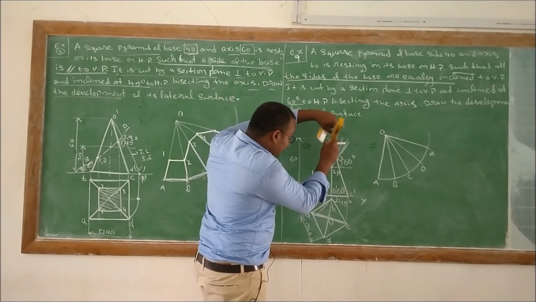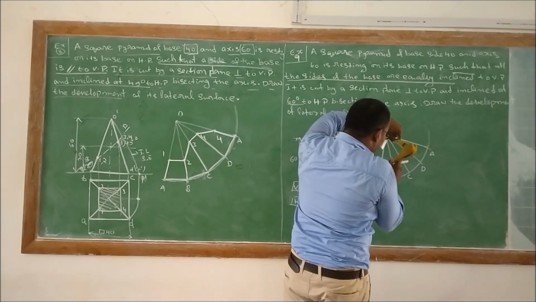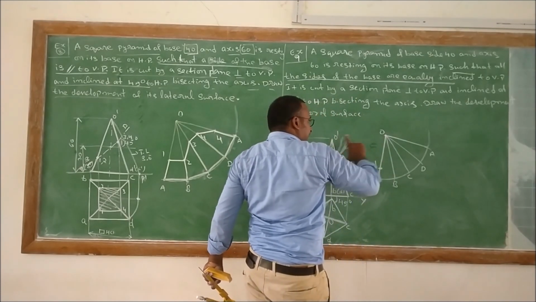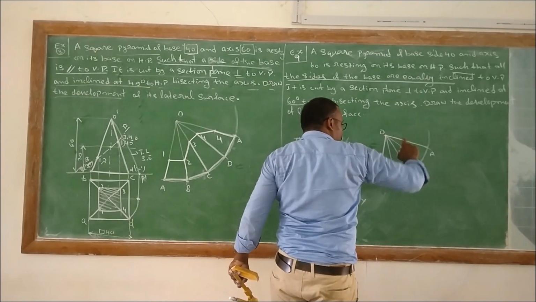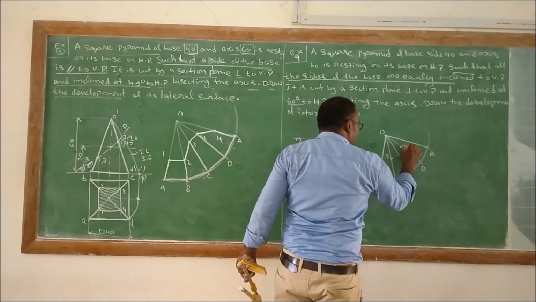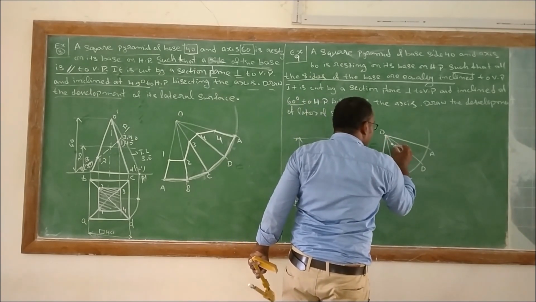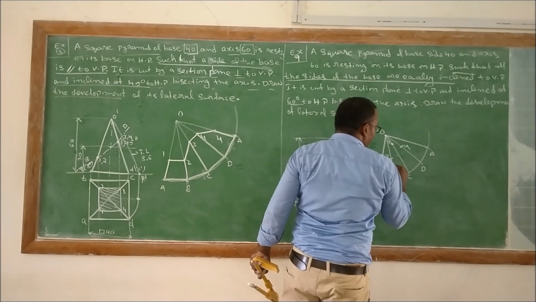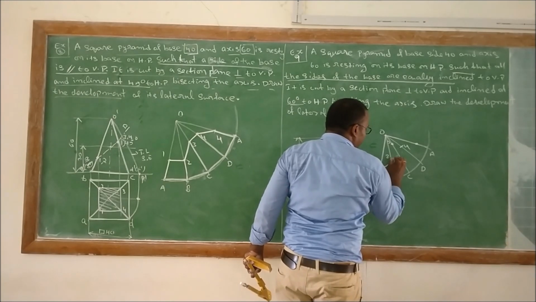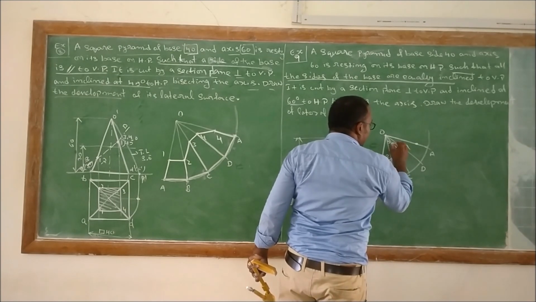Take O dash 1 dash as radius and cut an arc over here. So here it is 1. Then take these radii for 2 and 4. Then take the 3 radius, we will get 3 over here, and again 1. Mark those particular points and join them. It's not a freehand curve, it's a straight line.